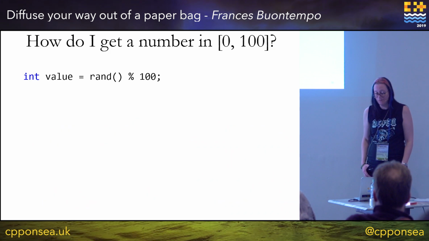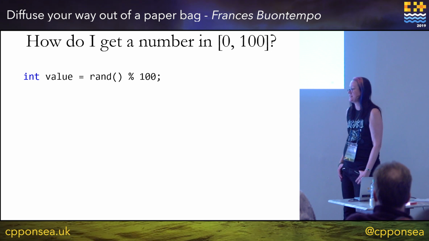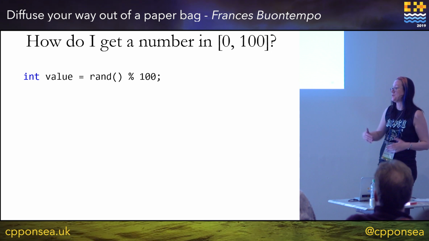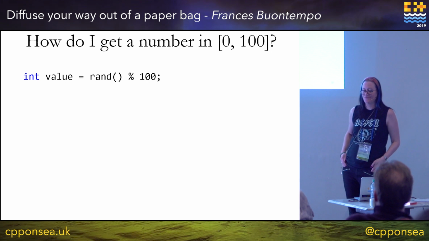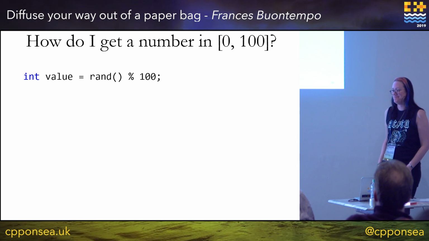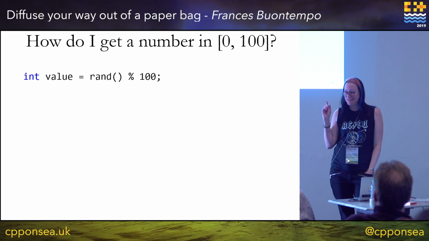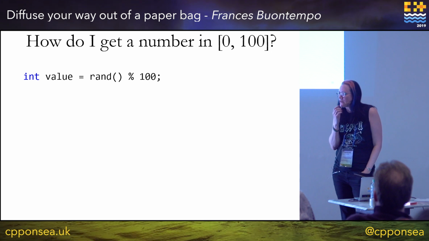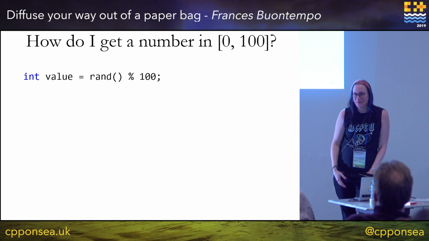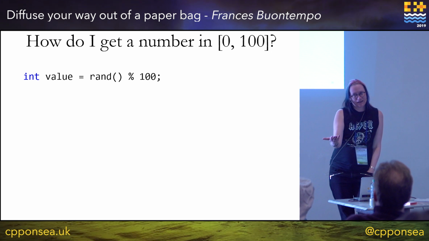Simple question: using rand, how do I get a number between 0 and 100 inclusive? That's like my dice roll between 1 and 6 inclusive, but we're going to go from 0 up to and including 100. Nope. Does that ever give us 100? What else goes wrong? Yes, modulo bias slightly.